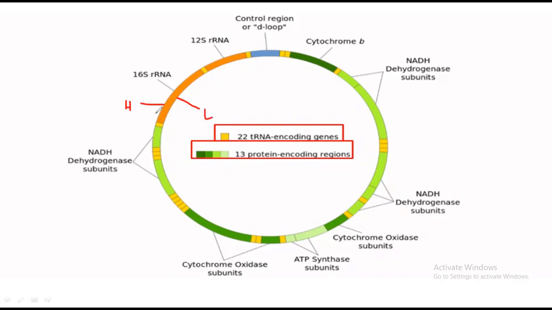It is known as heavy chain because it consists of a high amount of guanine bases. So that's why it is known as heavy chain. And the light chain does not consist of a high amount of guanine, so it is known as light chain. And as I have told you, 22 to 24 genes code for transfer RNA and 13 genes code for the enzymes that take place inside the